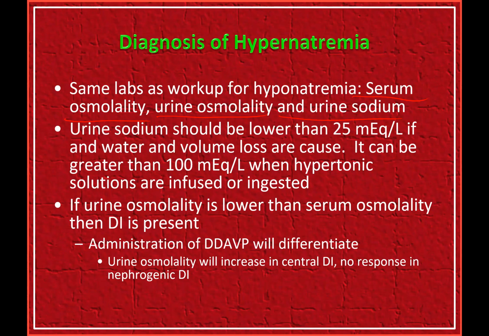What is serum osmolality? 280 to 285. If the urine osmolality is around 150 or 100, less than 100, then that means the urine is very dilute, no antidiuretic hormone. That means diabetes insipidus. And then administration of DDAVP will differentiate whether it is central or nephrogenic. If it is central, it will respond with DDAVP. If it is peripheral, even the injection you give has to go through the kidney only. If the kidney is at fault, then naturally the injection will not be able to correct the problem.